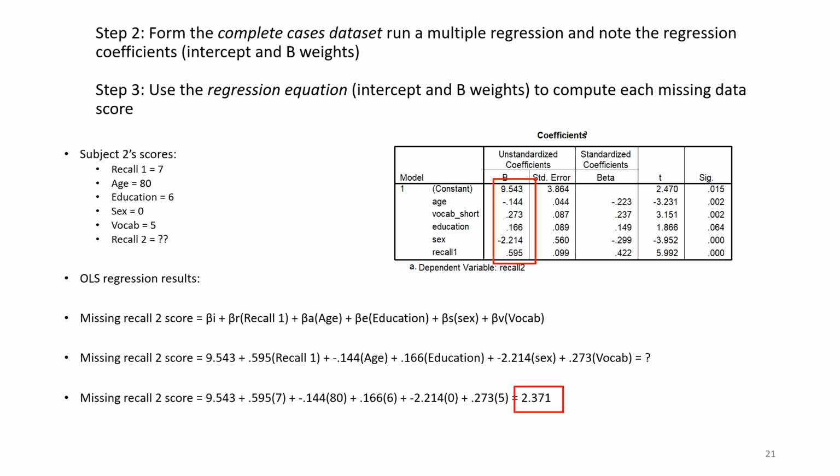So we take the values in the red box, the coefficients, and we plug those constants into